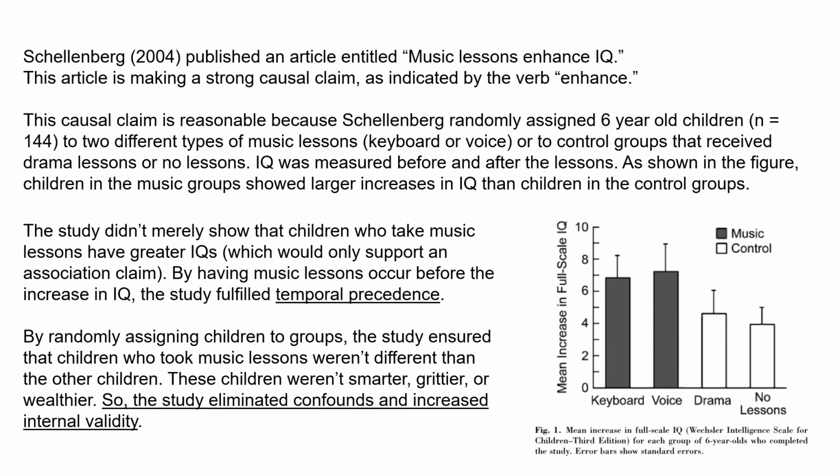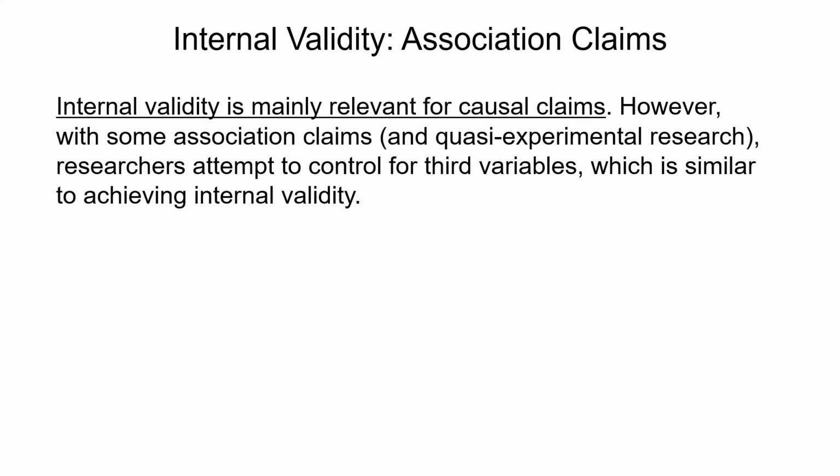Which gets us back to internal validity with association claims. The thing here is, since internal validity is mostly relevant for causal claims, it's not really relevant for association claims because you can't control everything. However, in quasi-experimental research, as we already said, that's a type of association claim where you are attempting to control for as many third variables as possible. So by doing that, you're achieving internal validity, at least to an extent. You might be achieving limited